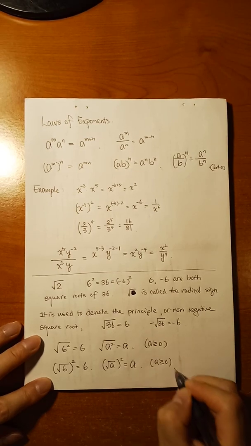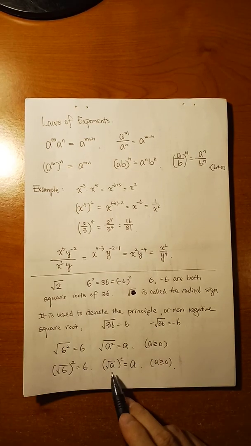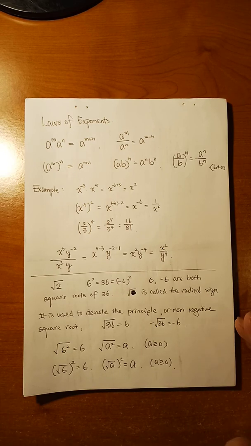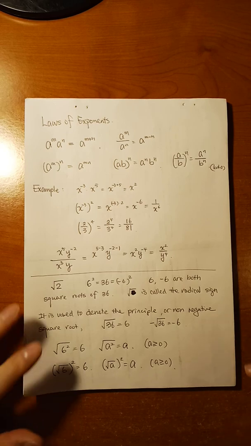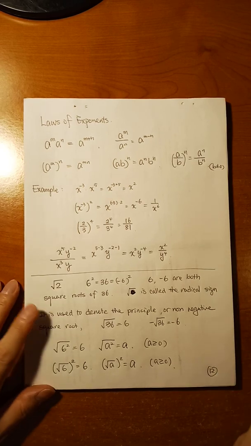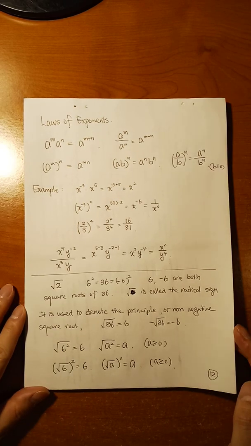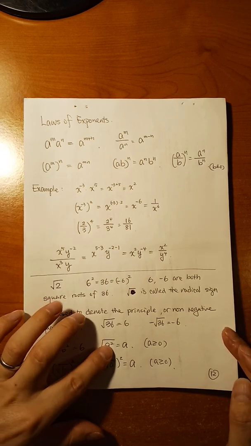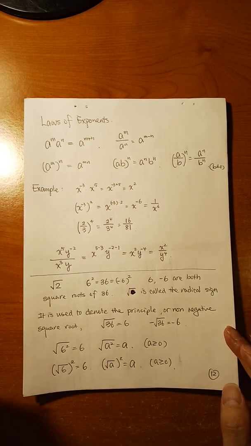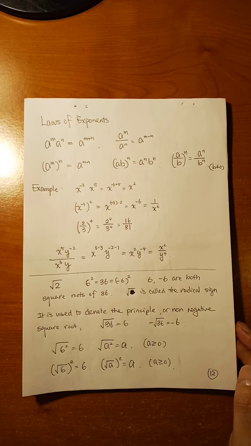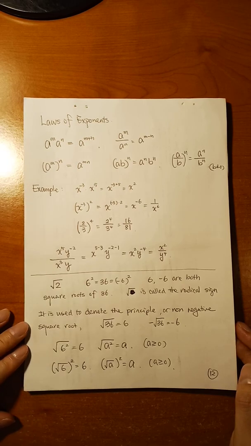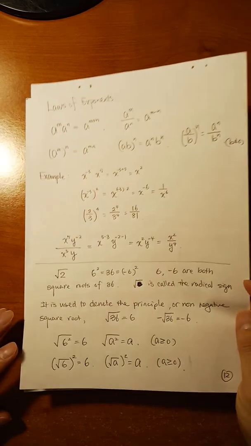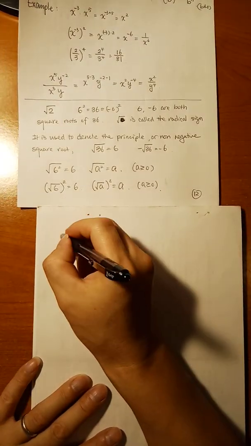Unfortunately, here we also require a to be non-negative, because you don't take the square root of negative numbers, right? So square root and square are inverse operations of each other. So for example,